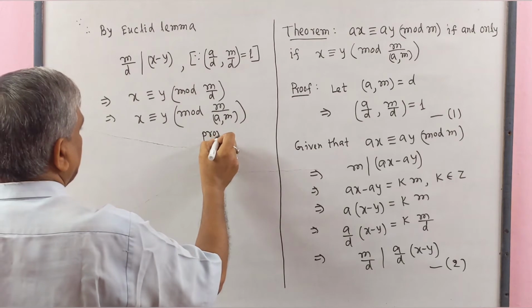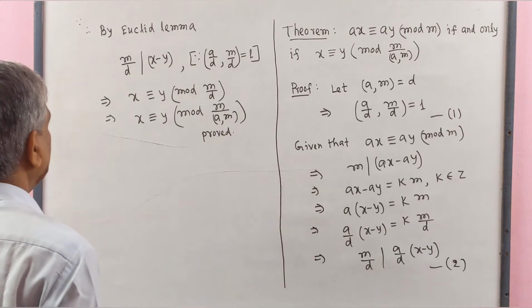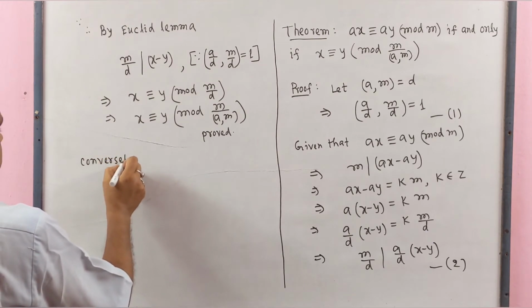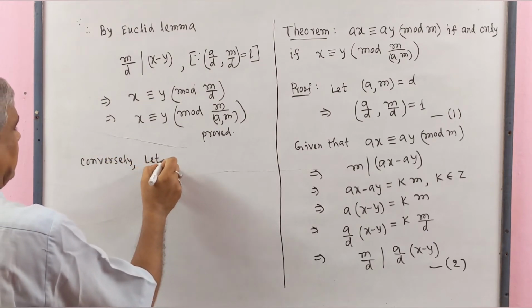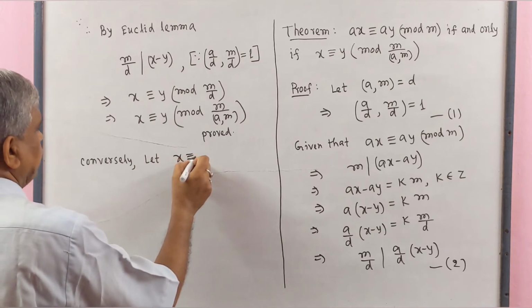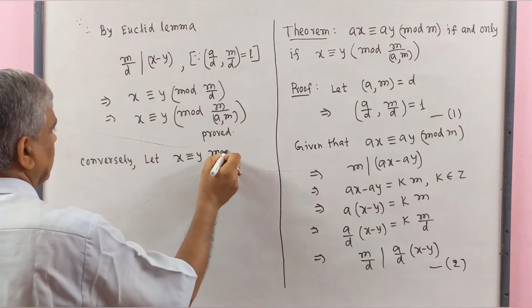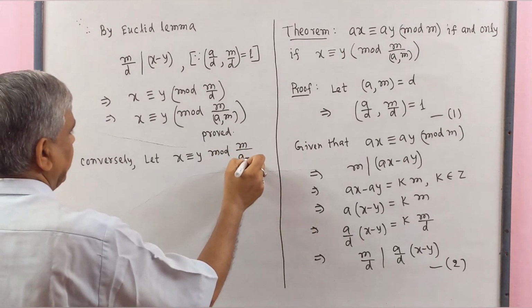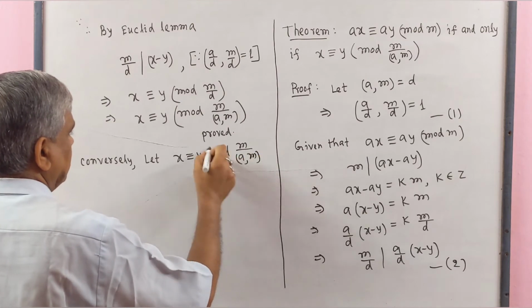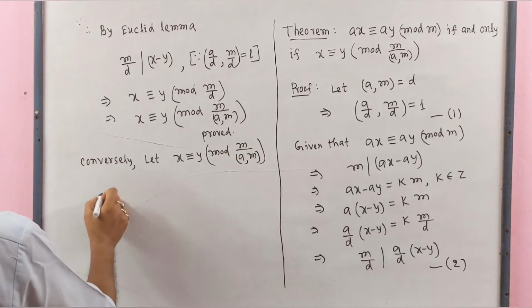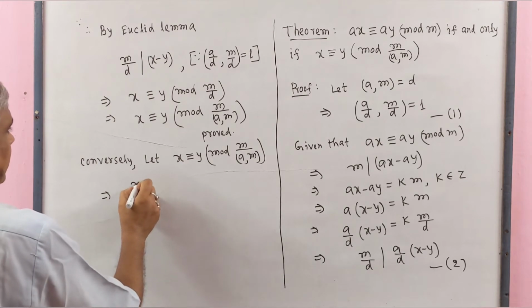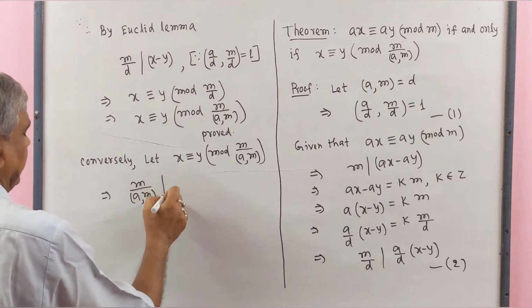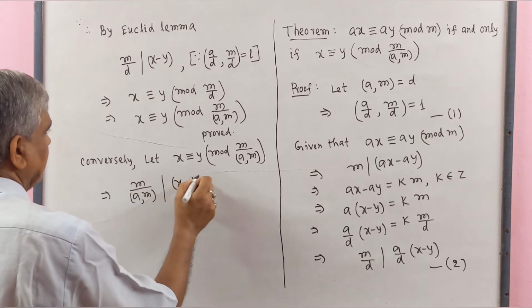Proved. Conversely, let x is congruent to y modulo m by GCD of a and m, which implies that m by GCD of a and m divides x minus y,